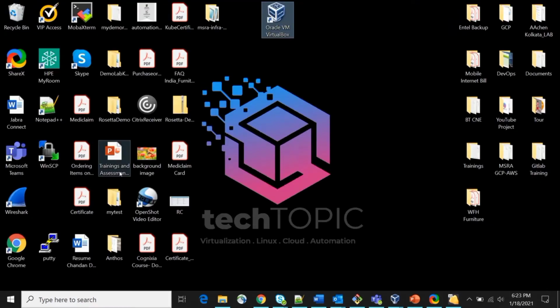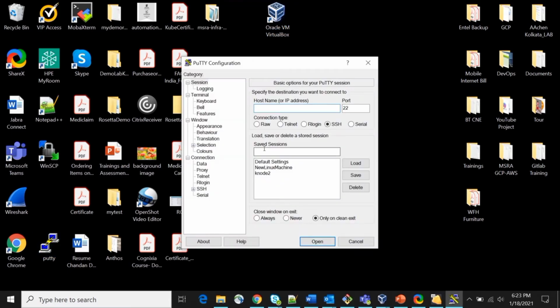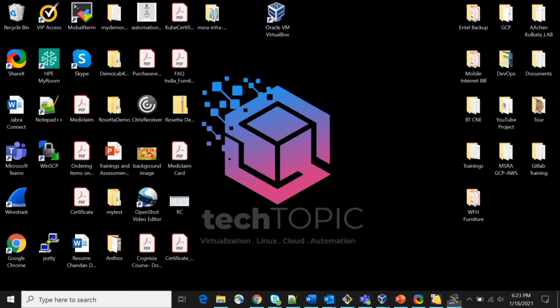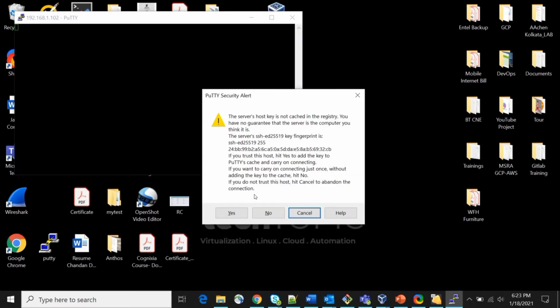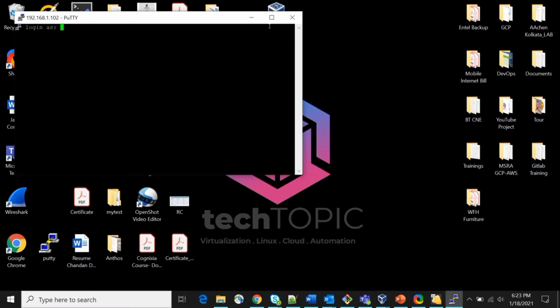I have PuTTY on my system, 192.168.1.102. Click yes. We are in the CentOS VM, right?